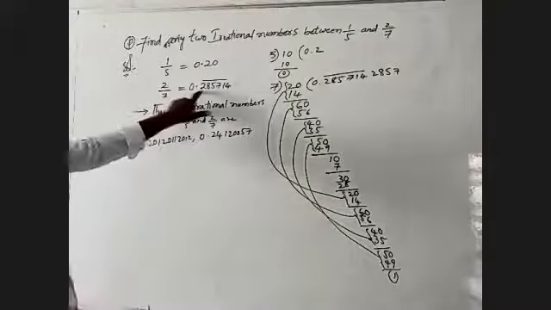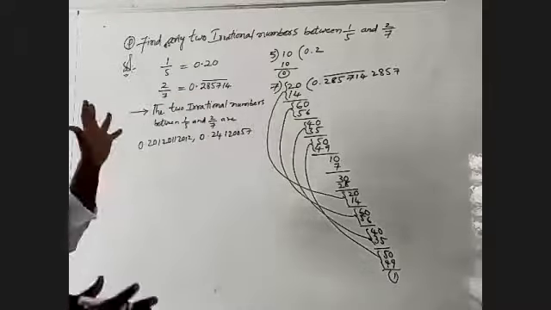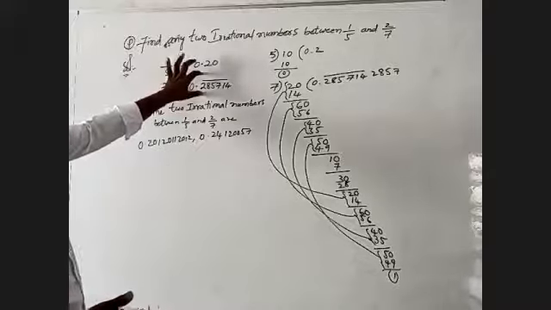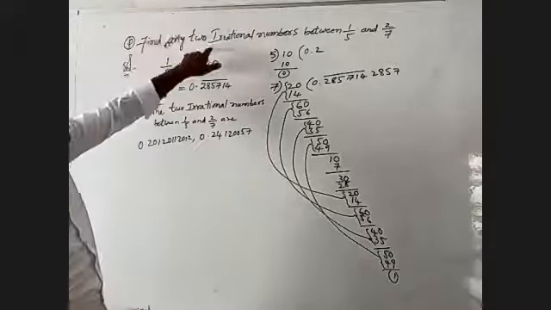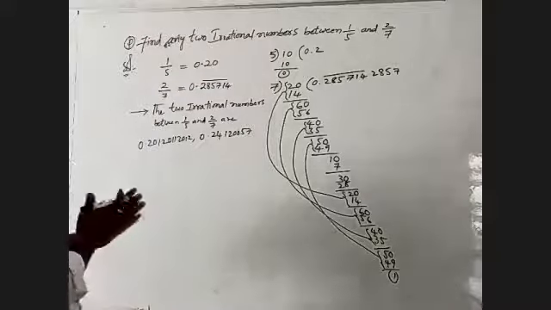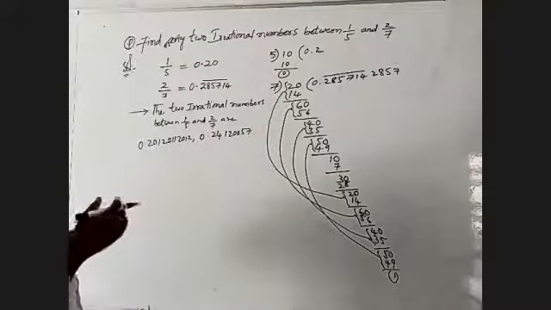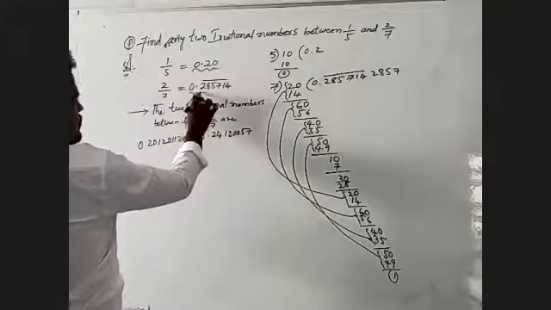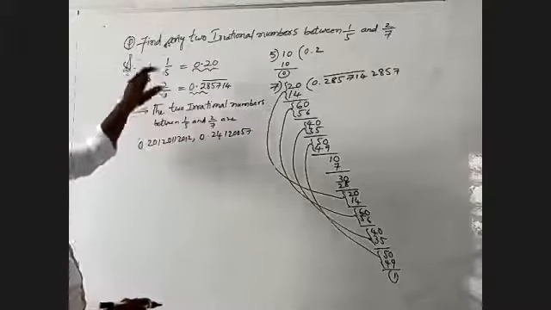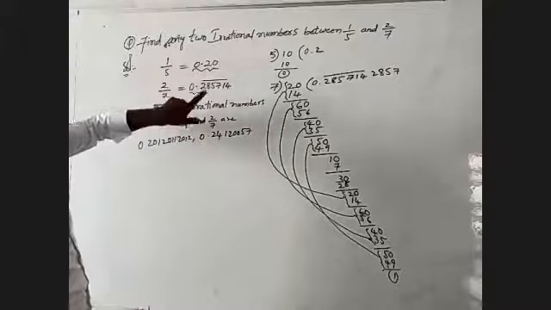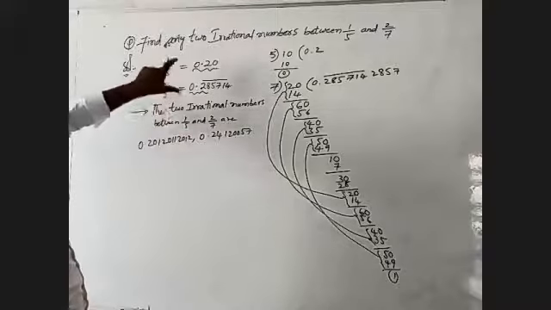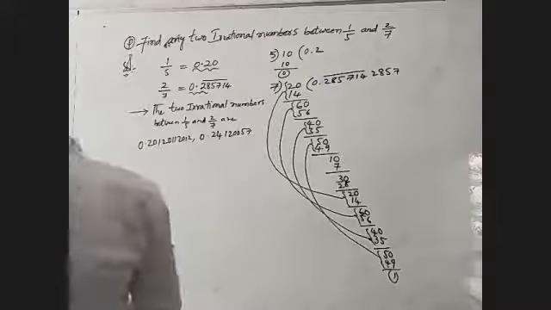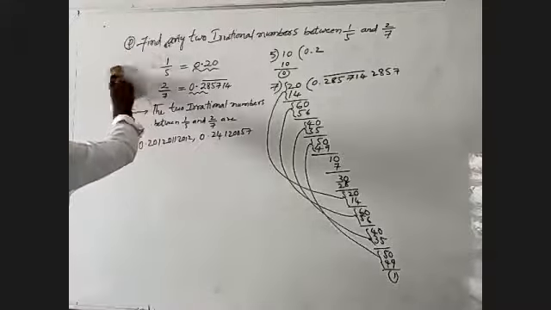When the given fractions are like this, it has infinitely many solutions. When it has infinitely many solutions, by the problem we have to write only two irrational numbers. Here one number is 0.20 and the other number is 0.28. We write 0.20 and 0.28, and we write the middle of them. This is what is asked in this given problem. Now I am going to the next problem.